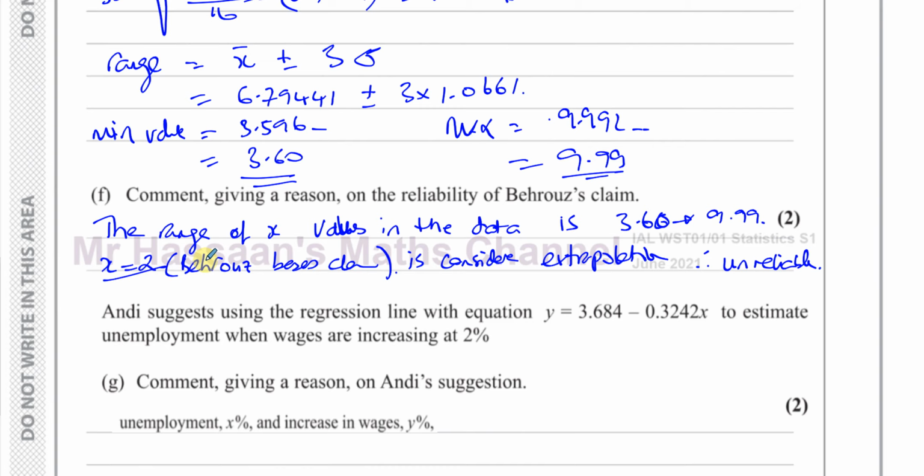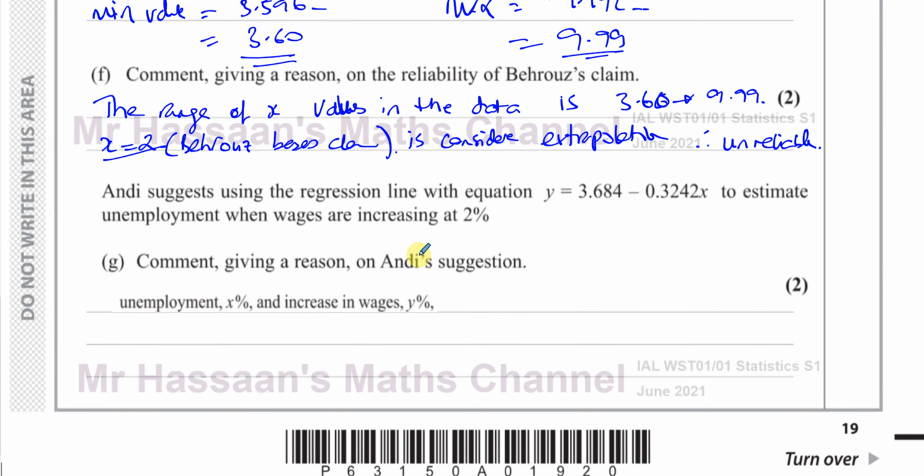Then it says, Andy suggests using the regression line with the equation y equals 3.684 minus 0.3242x, which is the one we found, to estimate unemployment when wages are increasing at 2%. Remember, unemployment is X and wages is Y. This regression line is used when we know the unemployment rate and we're trying to find the wages. Y on X, this is the input, that is the output. So this is not sensible,